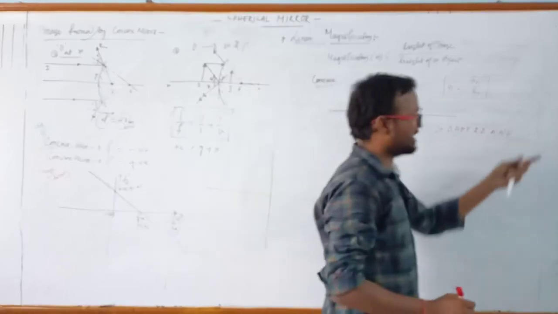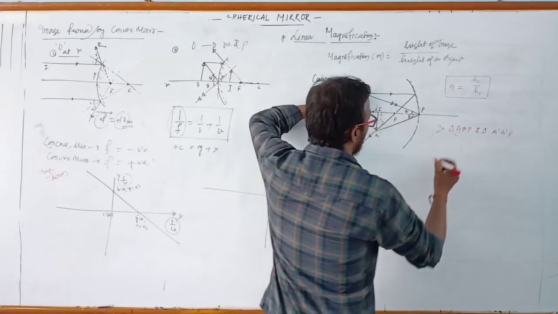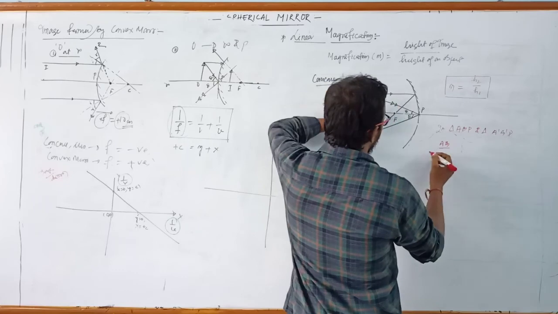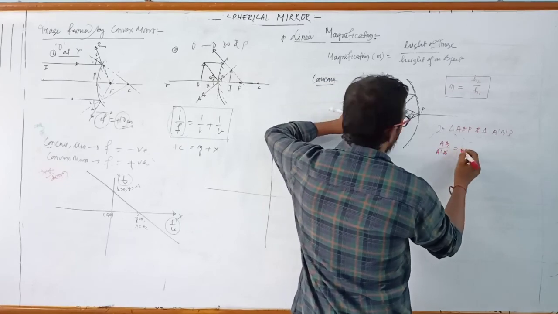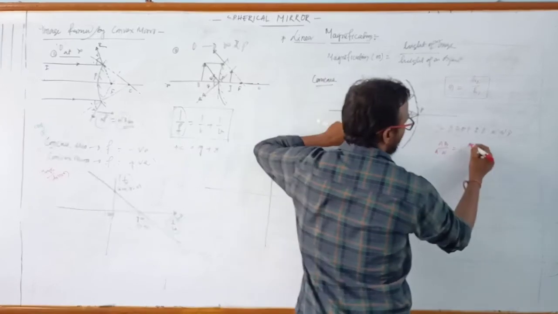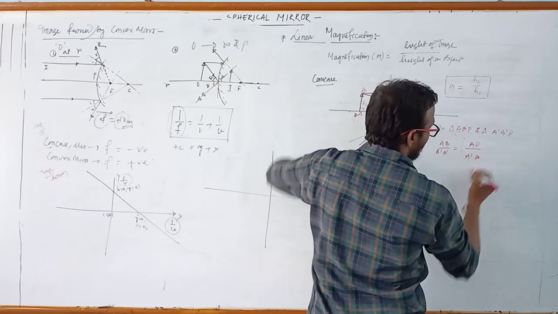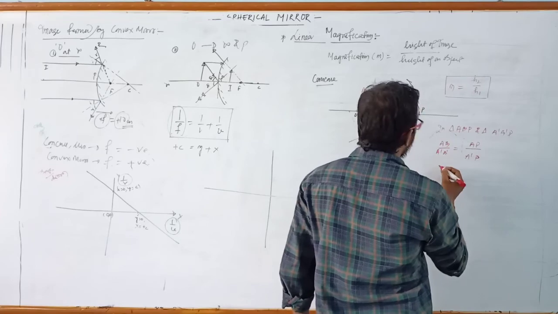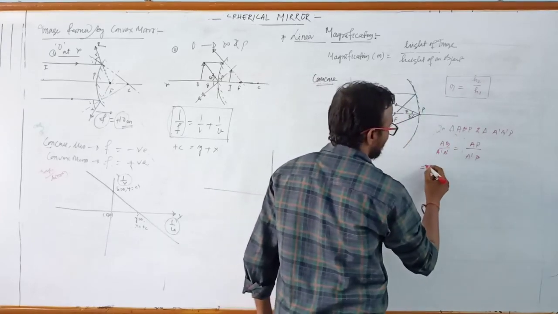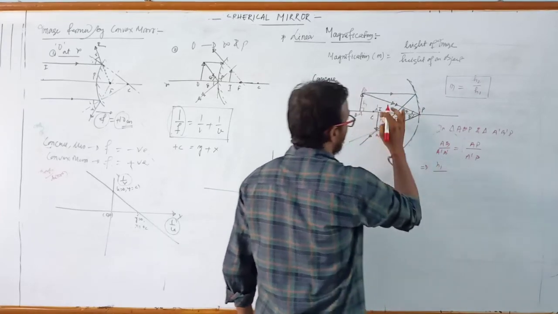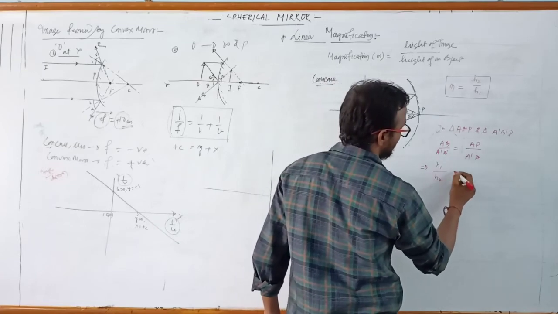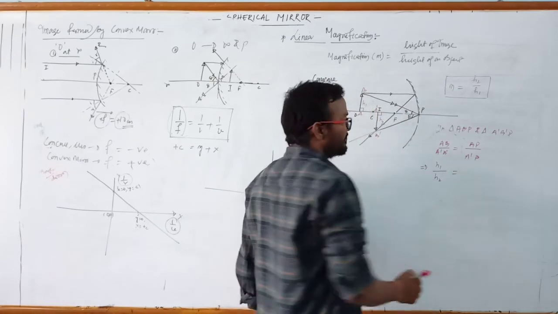That means these two are similar triangles. For similar triangles we already know that AB divided by A'B' is equal to AP divided by A'P. But what is AB? AB means height of object. So you can write h1 divided by A'B', that is h2, which is equal to